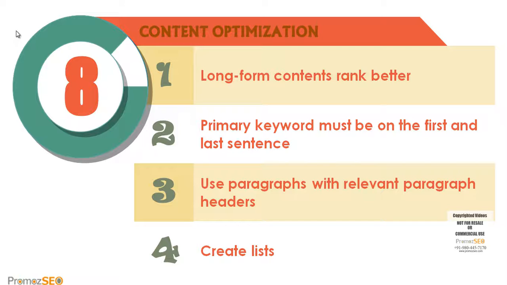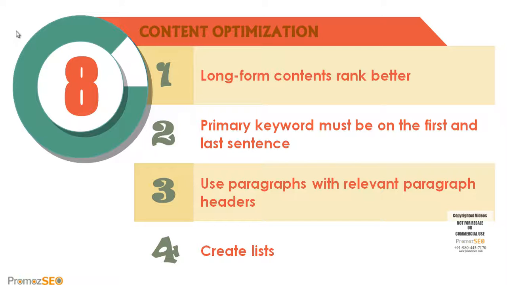Next point is the primary keyword must be in the first and last sentence. In your content, the first and last sentence are very important. So you should always put your primary keyword meaningfully in the first and last sentence. Do not include the keywords forcefully. There should be a logic to it. The keyword should come in the natural flow of the content, and that should not break the content